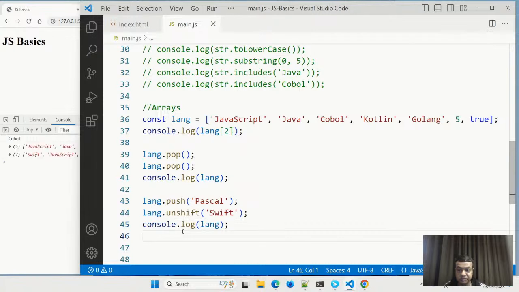Now what will happen? Pascal is put at the end and Shift is put at the start.